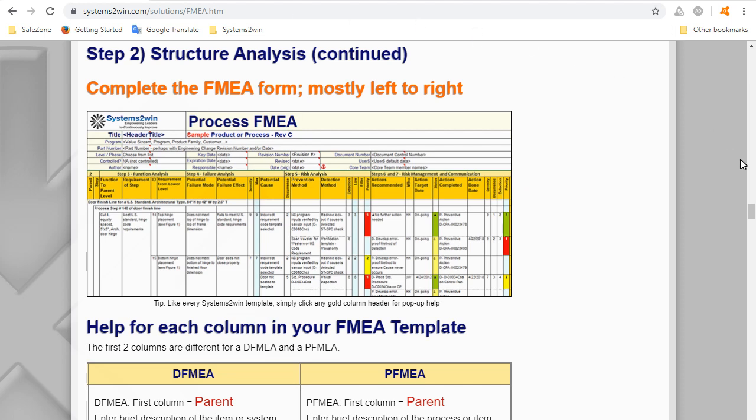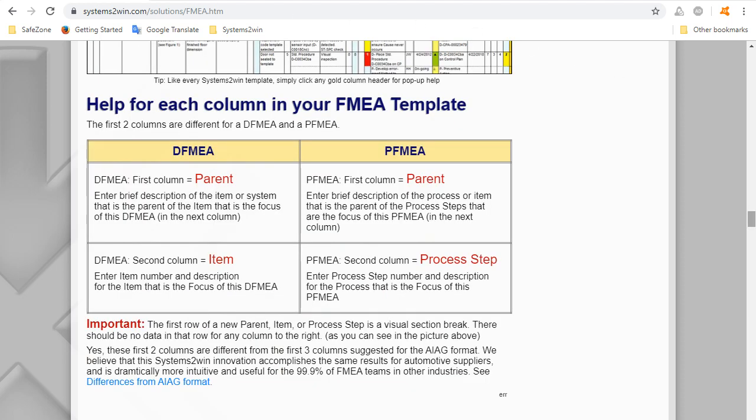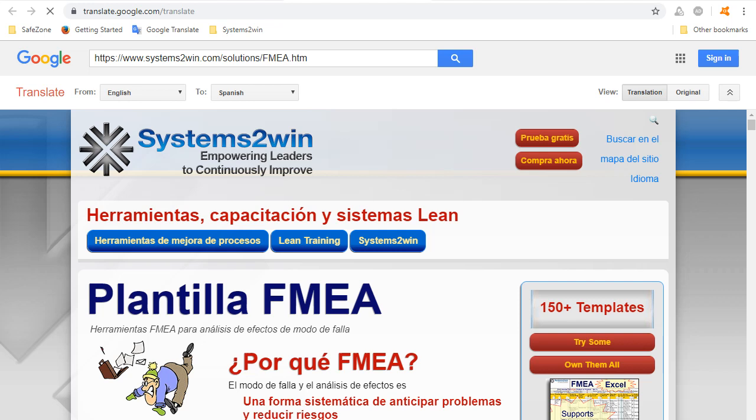But you also have a duplication or expansion of that same pop-up help here in the online training. And that online training can be translated into any language, thereby reducing the risk of miscommunication and misunderstanding among people who are using your tool, the FMEA, whose primary purpose is to reduce risk.